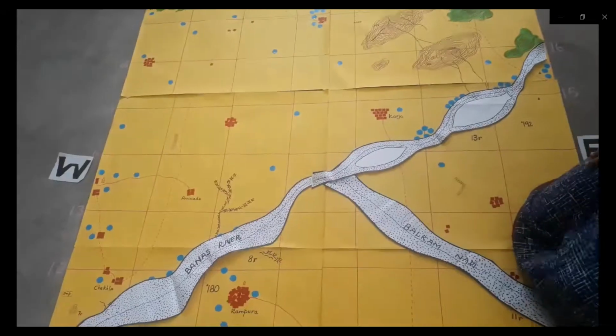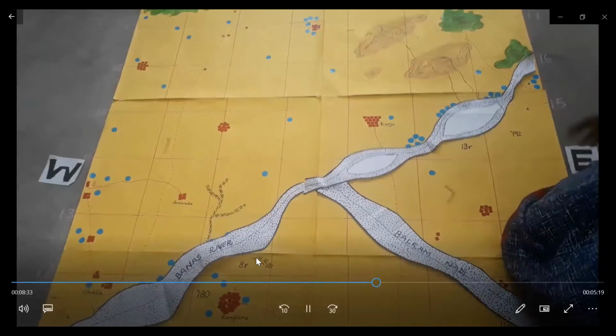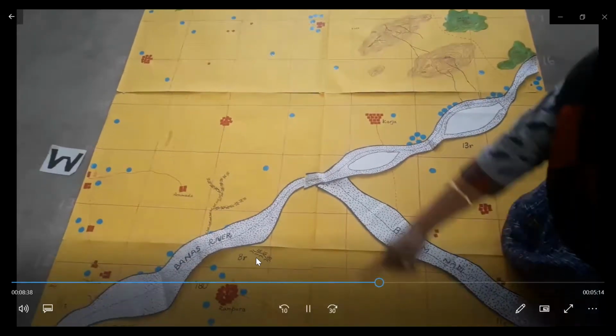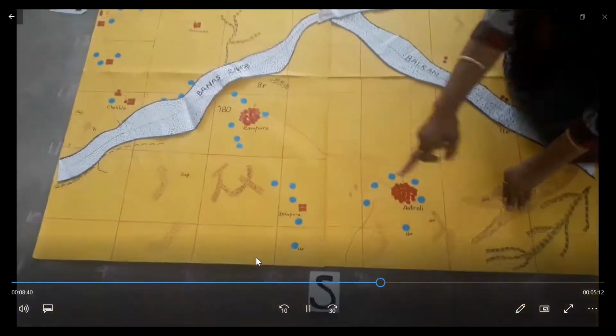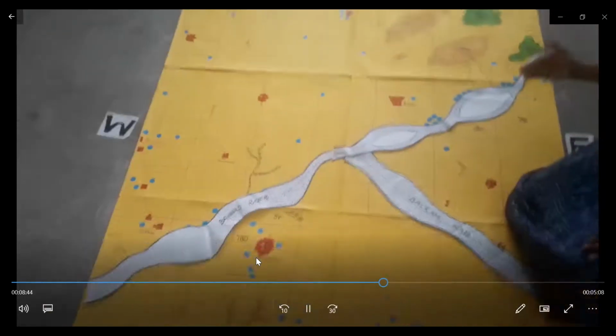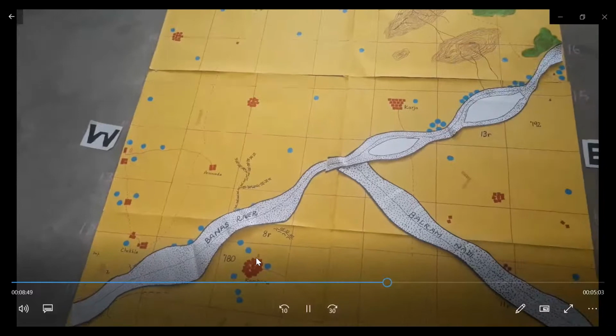The slope of land is from, since it is on the upper part of the map, you can divide the map like this now, children. This way. So this is on the upper half, so north, and since it's on the right side, when you're facing the map, this is on the right hand side.